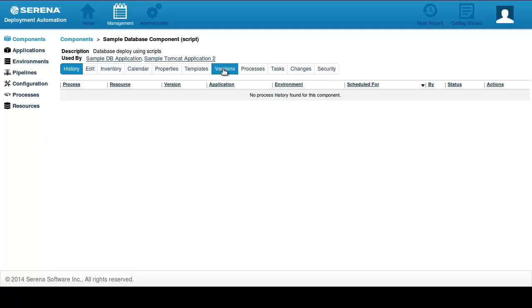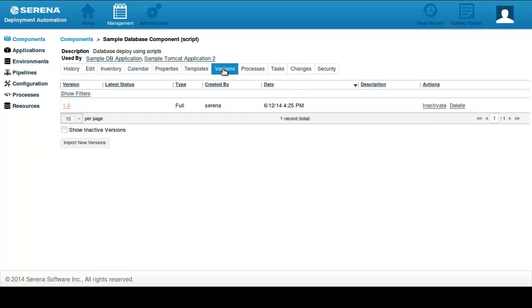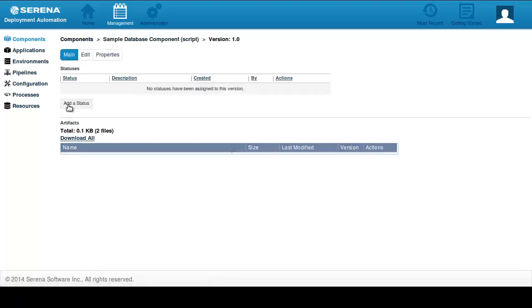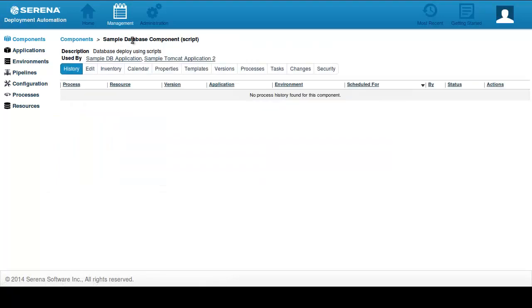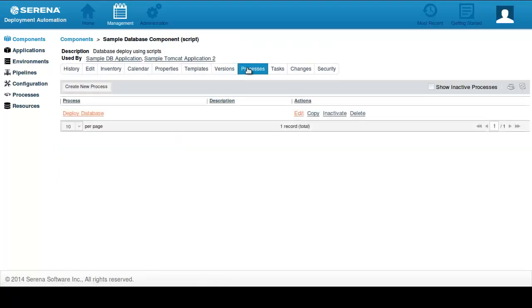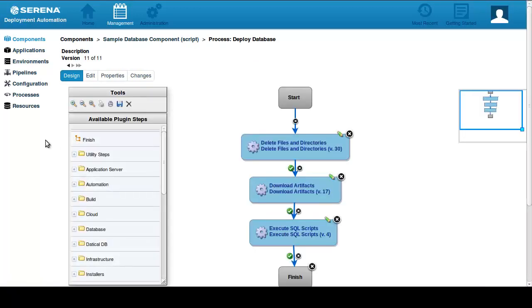Under versions, we can see the versions of this component that have been imported so far and the artifacts associated with them. This component has only one component process, deploy database, although components may have many processes. A component process is a series of plugin steps that operate on a component's artifacts and specify how the artifacts